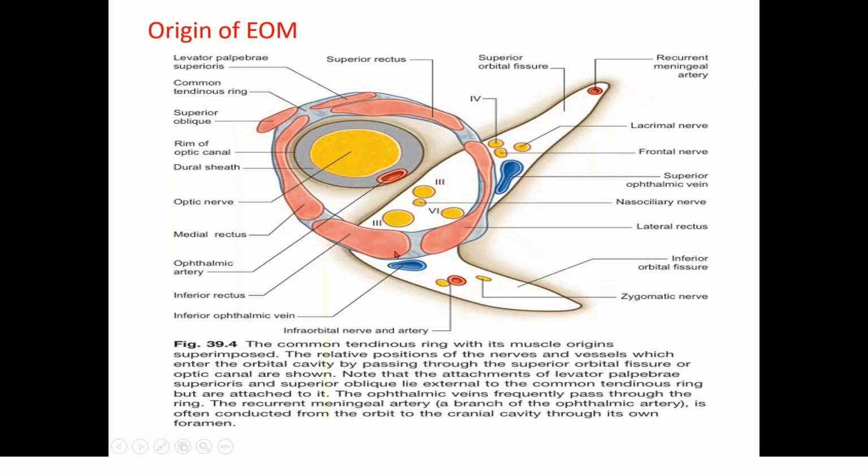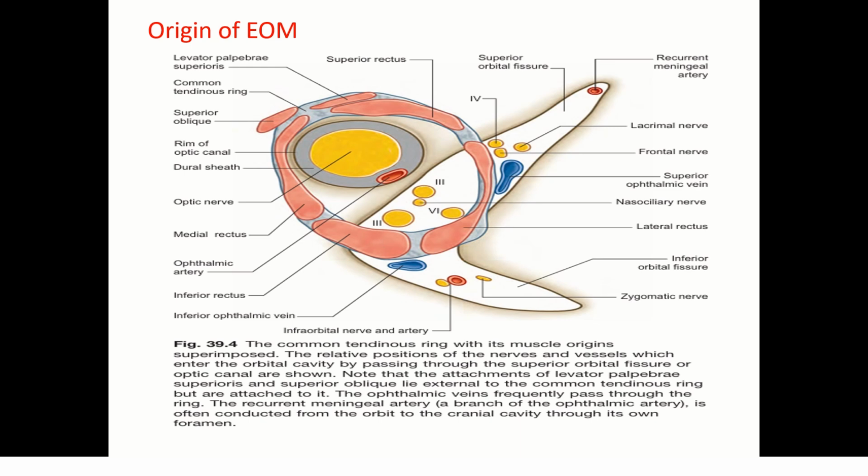If you see the origin of these muscles, the superior rectus, inferior rectus, medial rectus, and lateral rectus take origin from the common tendinous ring of Zinn, which extends across the superior orbital fissure. And you can see here the levator palpebrae superioris takes origin from the undersurface of the lesser wing of sphenoid above the superior rectus, and the superior oblique takes origin from the undersurface of the lesser wing of sphenoid above and medial to the superior rectus and above the medial rectus, and the inferior oblique takes origin from the orbital surface